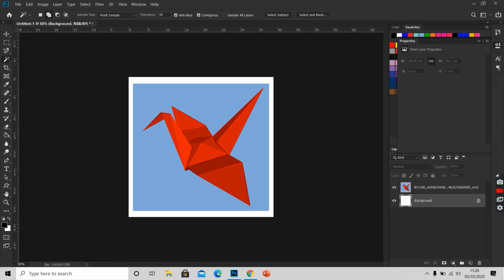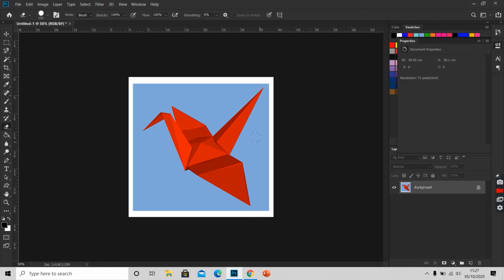So we will open an image like I have here. Now to extract the object from the background, that is, I want this bird to get extracted from the background we have here. One way is to use eraser tool. By using this tool, we will erase the original pixels. So this method is kind of destructive method as we cannot retrieve those pixels in future.